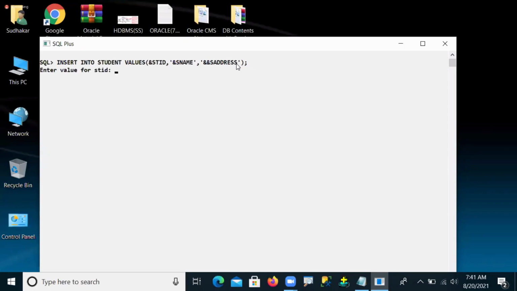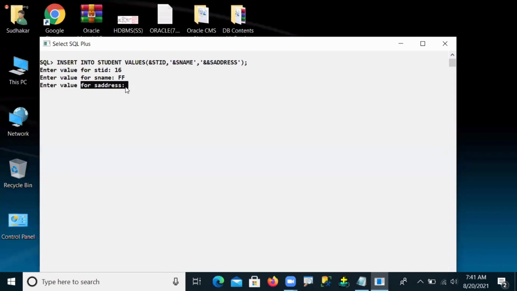enter student ID. So 16. Okay, next enter student name, for example FF. And now see, it was asking address, right? So again your address is asked, because it is a new connection and it treats it as a new request. So that's why it asked newly for your address column data.